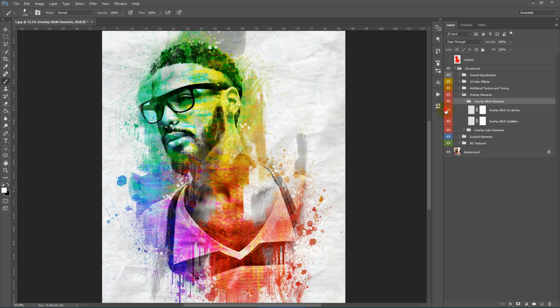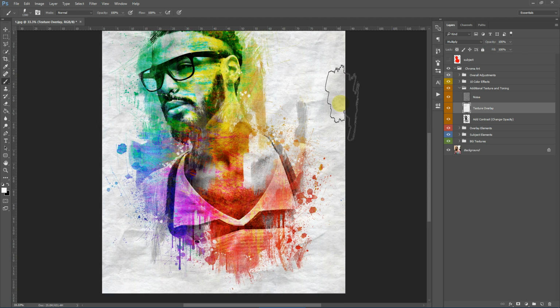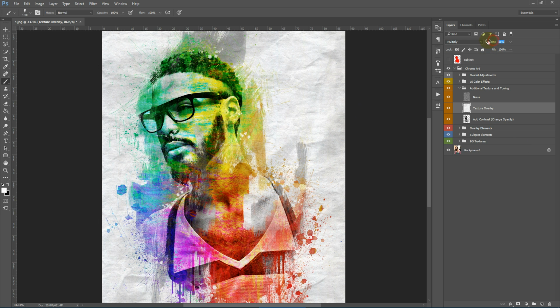Same goes for the black and white elements. You can simply hide them or show them, or select the layer mask and paint with black. I'll again undo this one. Next, we have additional textures and toning. We can reduce the opacity, increase them to get a more textured paper look, or we can hide it to minimize the effect. We have an additional contrast where we can change the opacity,